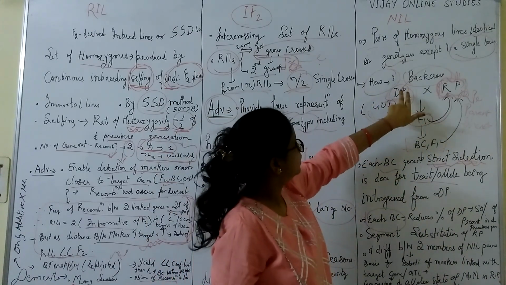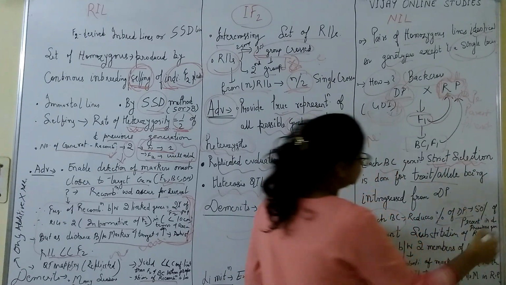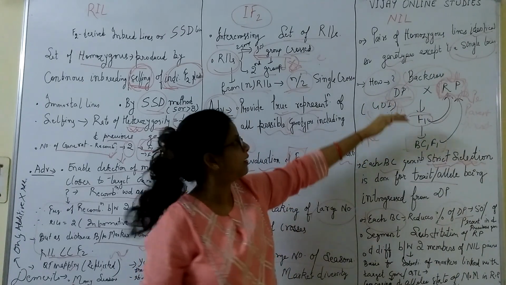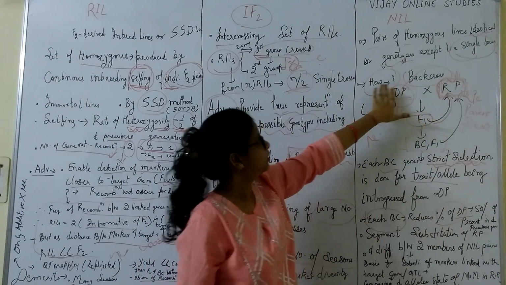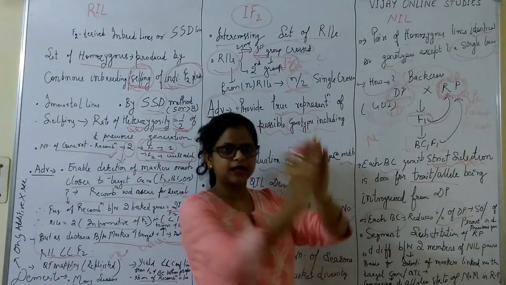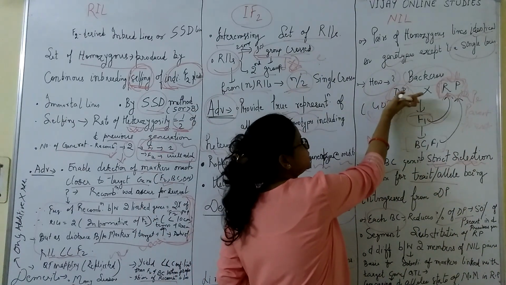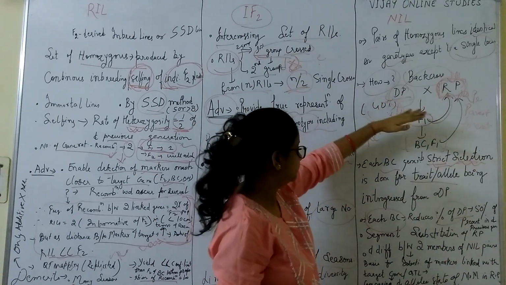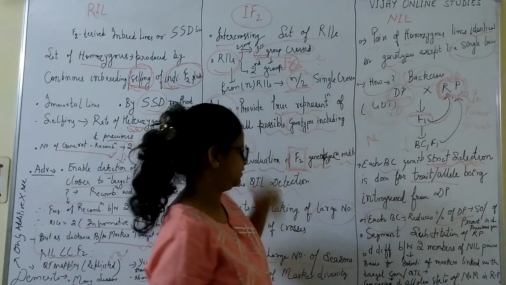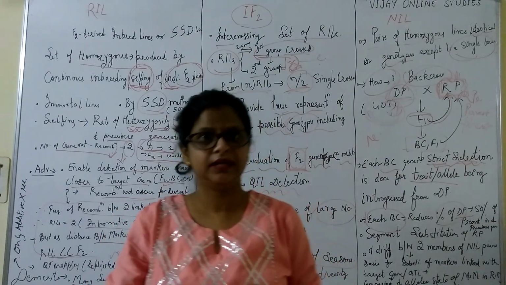With each backcross, 50% of the genome of the donor parent will get reduced. That is your objective. You have to reduce the rest of the donor genome. You only want the gene of interest from this donor parent. Other things you don't want. So with each backcross, 50% of the donor genome will get reduced compared to what is present in the previous generation. Now, what is the basis of mapping in these NIL lines?